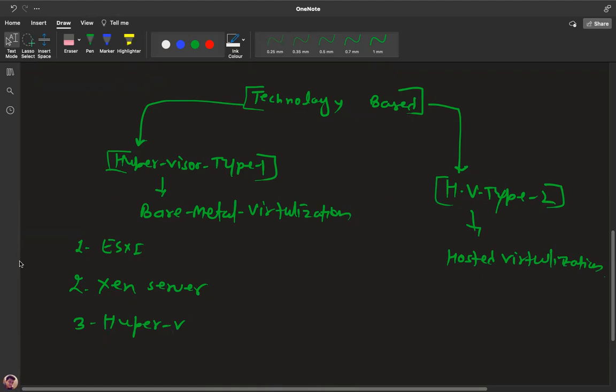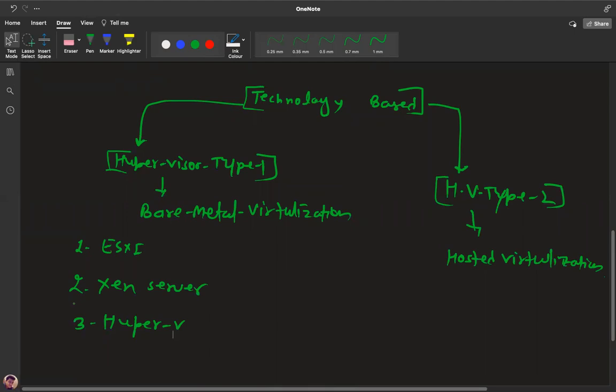So it can be installed on bare metal also. Exactly. We have two different ways to install the server operating system: one is with the GUI, and second, you can install a core server.